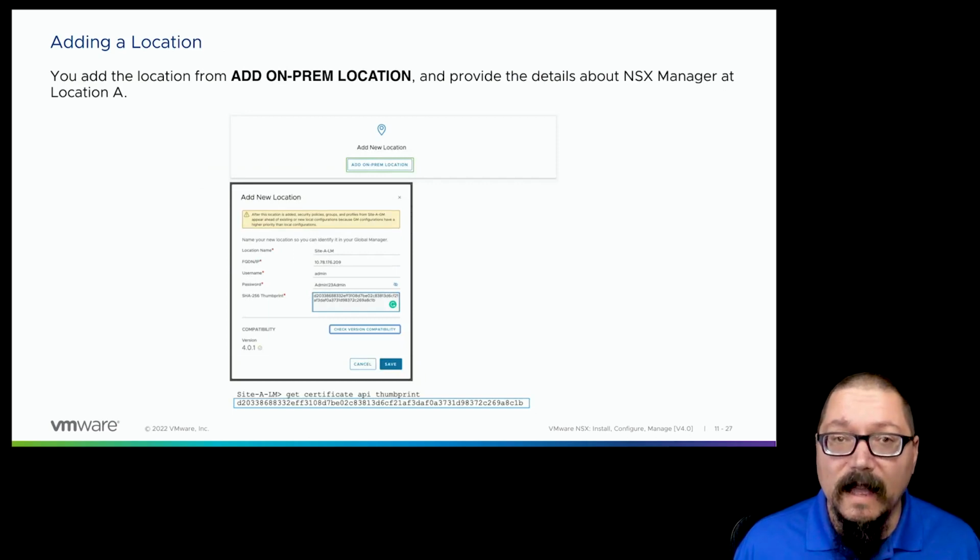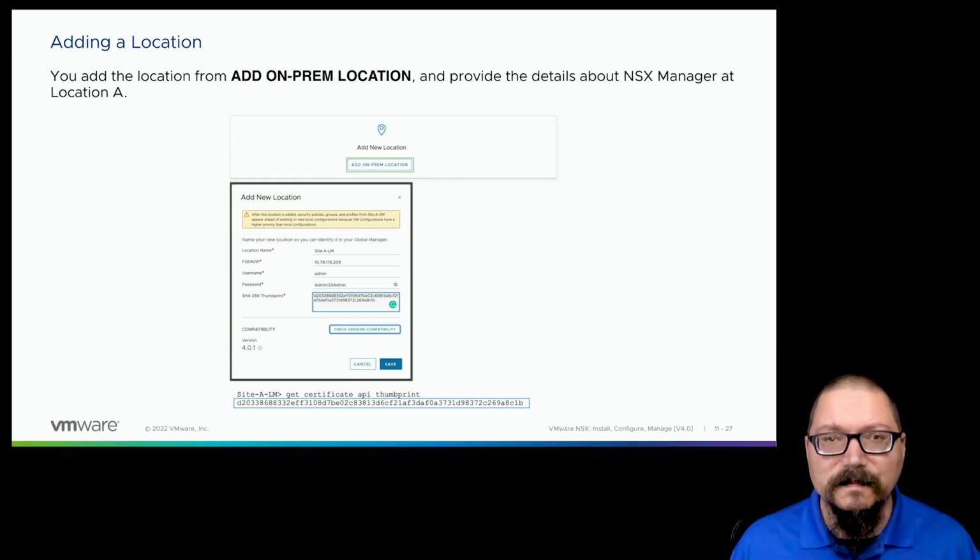Then I have my standby. Below that, we can see our on-prem location. So if I want to start adding my local managers now, well, I can do that. I can hit the add on-prem location, and I see a wizard that looks just like the add a standby global manager wizard,